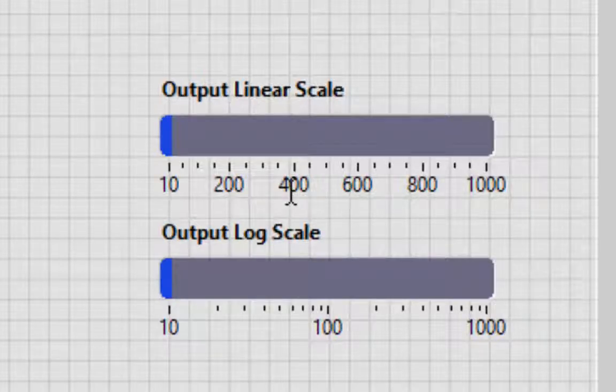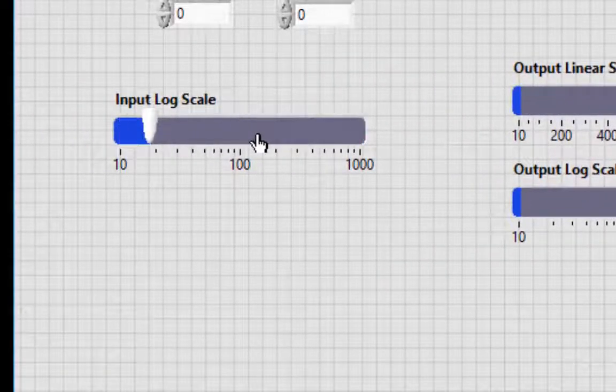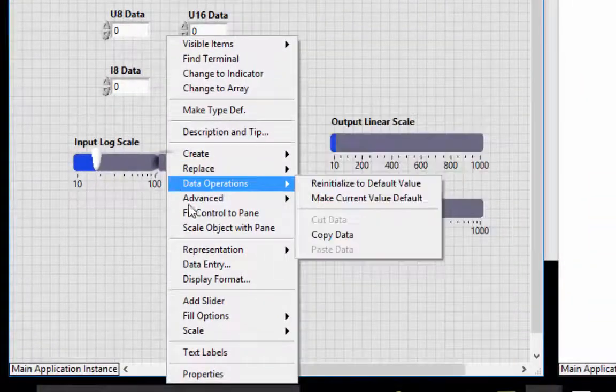So when you double the value, you're going to double the number of tick marks you move. Linear scales are what we're usually used to. Log scales are good when data has an enormous range and it can't be displayed nicely on a linear scale. To make a linear into a log scale, there's